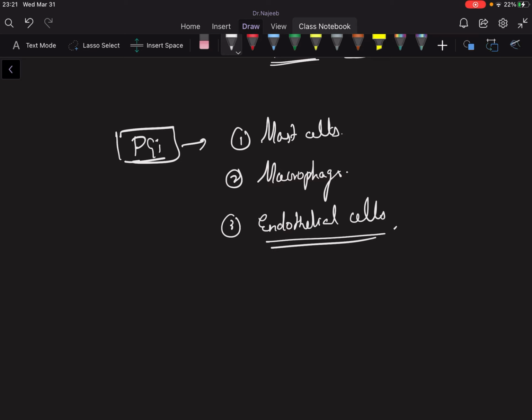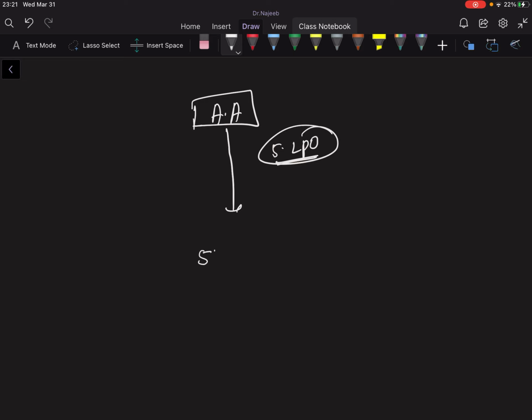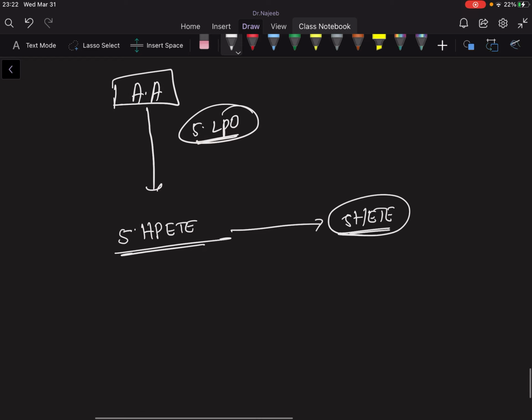Okay, so next we will talk about leukotrienes. As talked earlier, arachidonic acid, in the presence of 5-lipoxygenase, which is the enzyme here, will be converted into 5-hydroperoxy eicosatetraenoic acid, 5-HPETE. This 5-HPETE can form 5-HETE, which is called 5-hydroxy eicosatetraenoic acid, which will attract neutrophils,